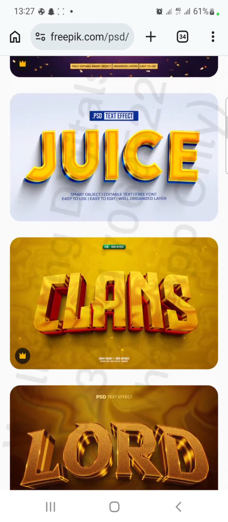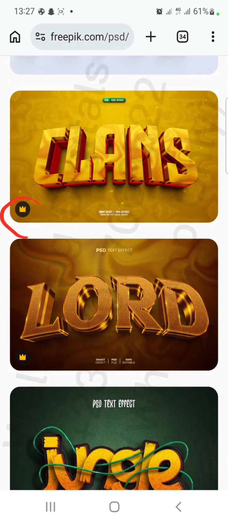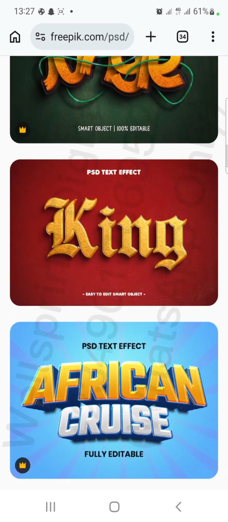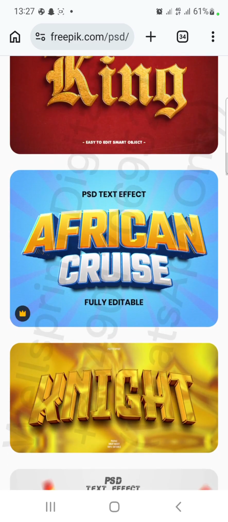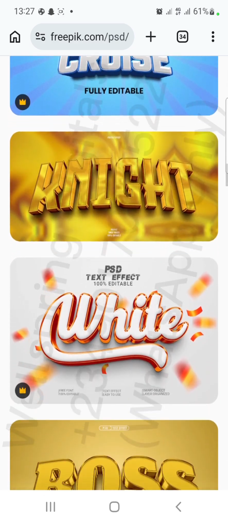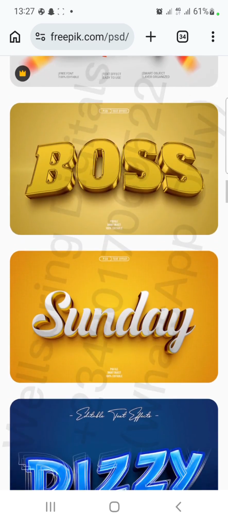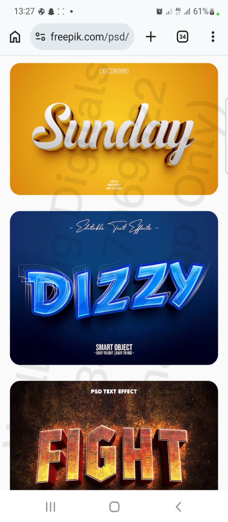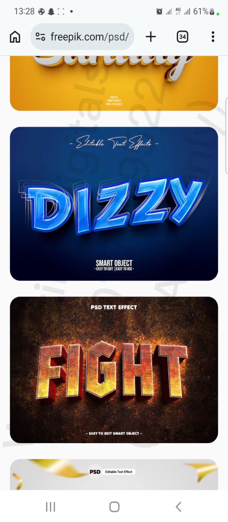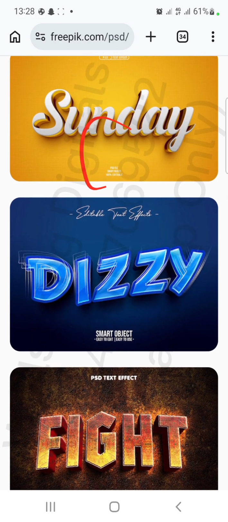You are going to go to Canva. You can see some of it here that has a crown with yellow color. These are on the pro version. But this one that does not have any crown, you can download it for free. And download this for free, and so on. But mind you, once your text is downloaded in this PSD form, there is no way you can view it on